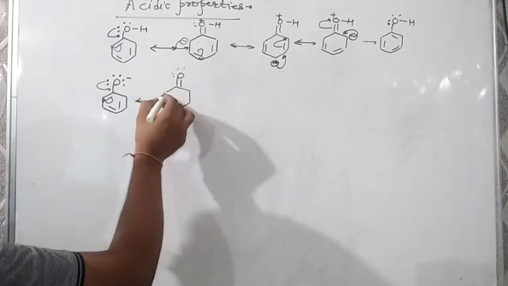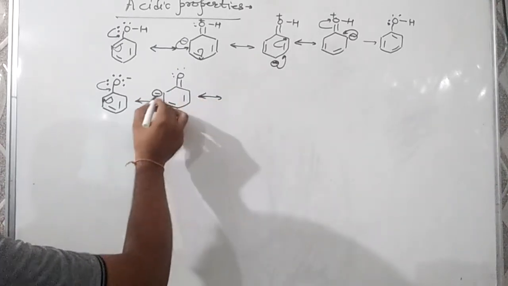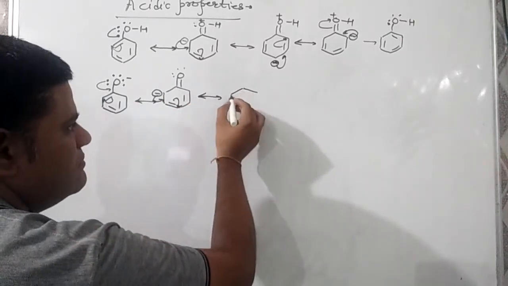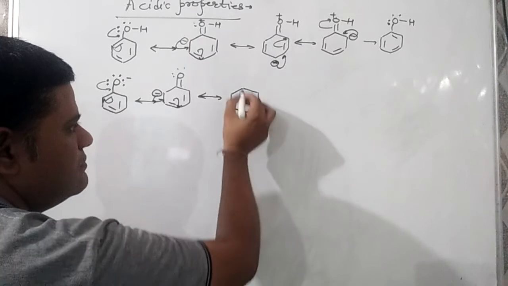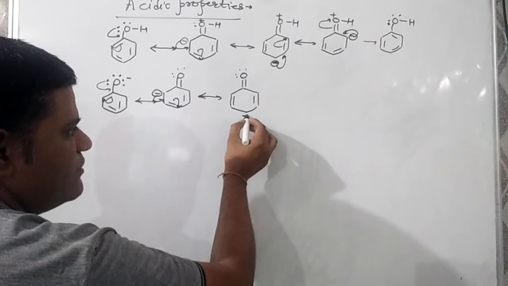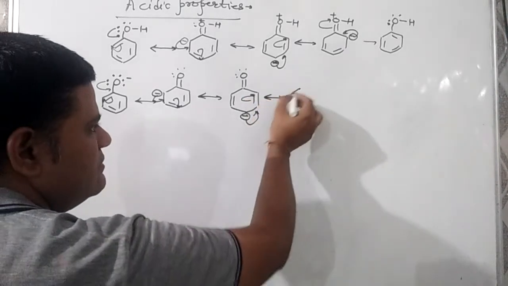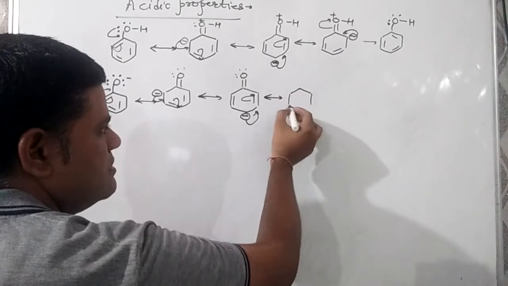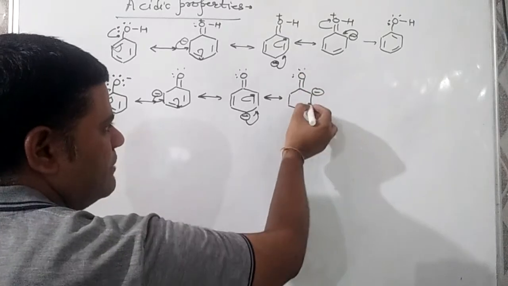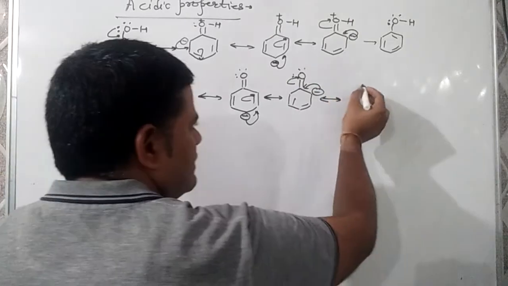First possible structure will be this carbon having negative charge and the 2 double bonds. Next, this electron pair goes there and this bond shifts to this carbon. Oxygen is having 2 lone pairs and a double bond, negative charge. Next, this negative charge goes to this and this goes to this carbon. Similarly, the last structure possible will be this lone pair goes there and this oxygen goes to this one.